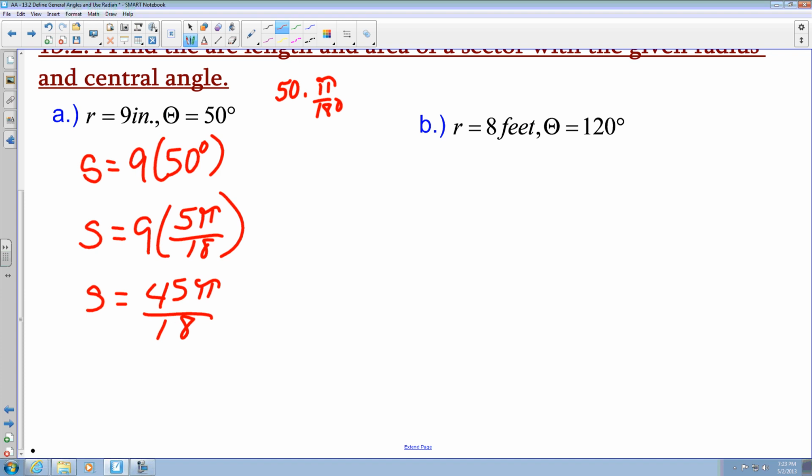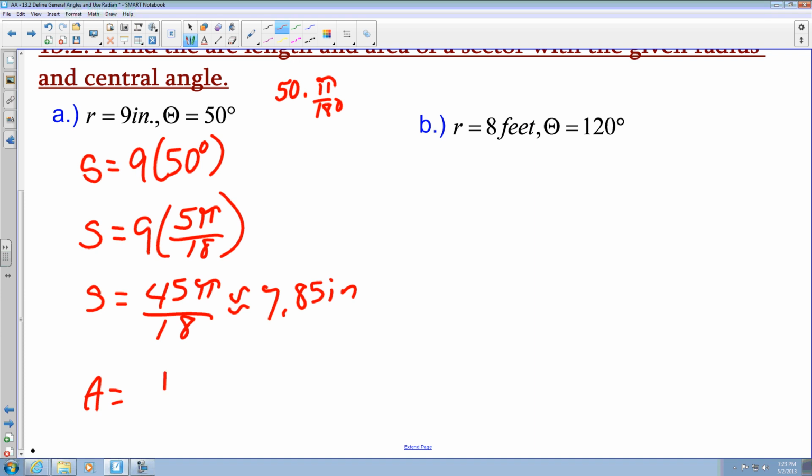If you're looking for an approximation, I can say 45 times pi is about 141.37. Divide that by 18, and that gives you roughly 7.85 inches. To find the area, I can say A equals 1/2